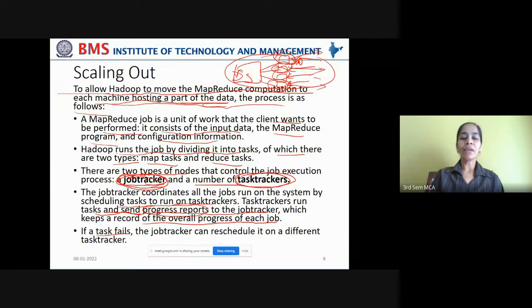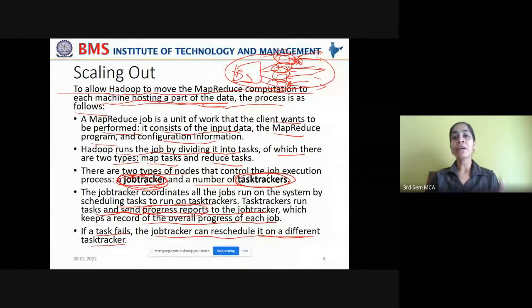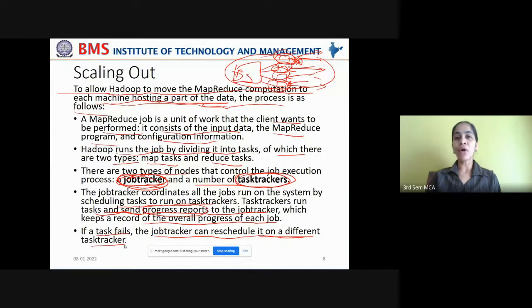Now, if a task fails in the middle, if at all a task node fails due to some system failure or due to some disk failure, the job tracker can reschedule it on a different task tracker. That is the magic of the MapReduce framework. That is how it is fault tolerant.